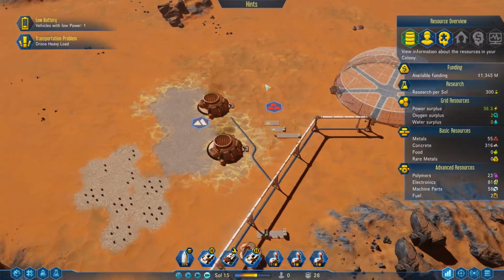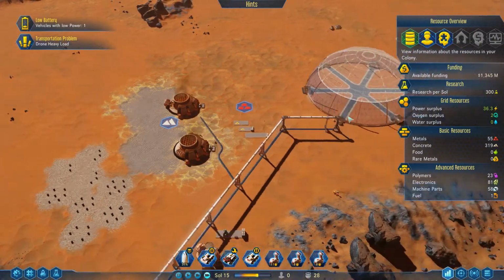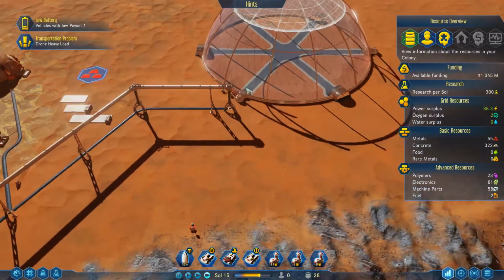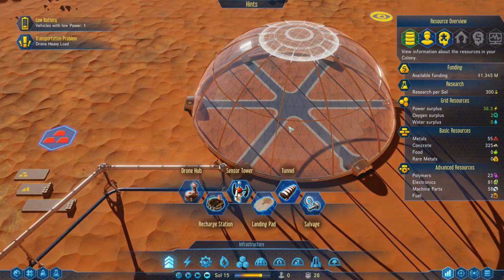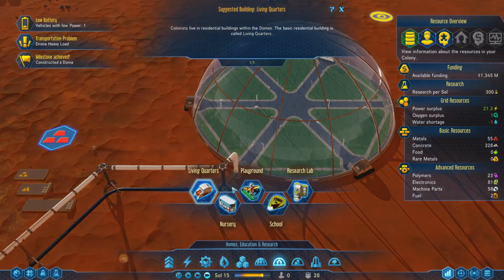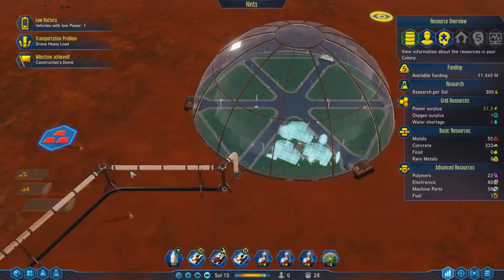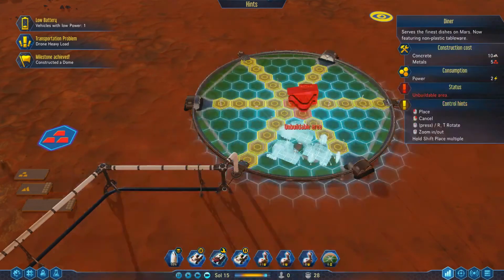And we're building our dome. Cool. So, what are we going to do here? I'm going to get this set up for Milestone achieved. So we have a dome, good. We'll want some kind of a living quarters. Could be pretty basic to begin with. We'll pass on that for now. We'll want a diner